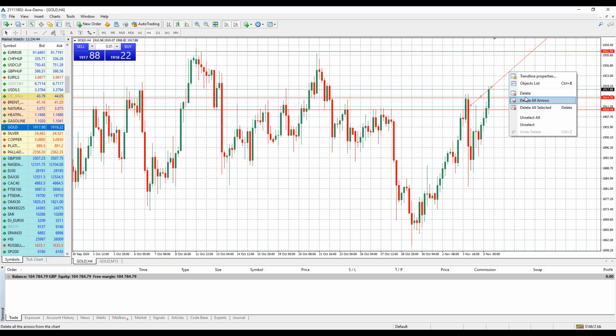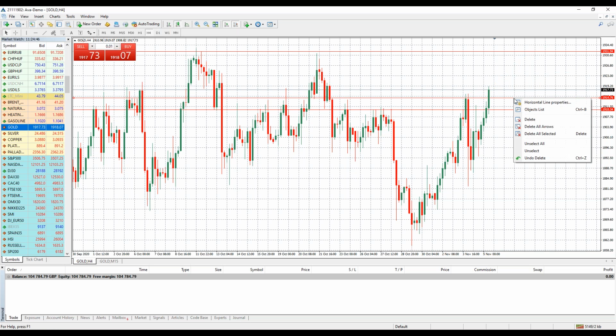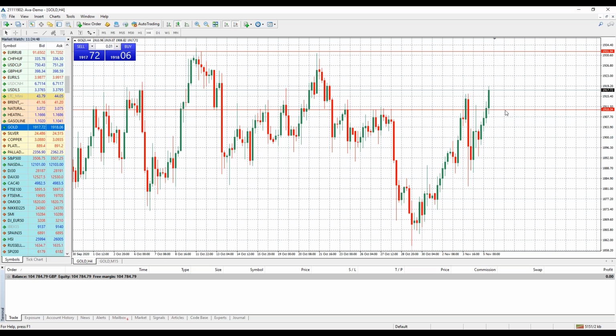Get rid of some of these lines. And by the way, just to get rid of these lines on the MT4, you double click and then you can delete them. Double click, then right click. So here's the upper resistance on gold. It's got some room to go before it reaches that resistance level up here. Now, question is, is there enough momentum for it to continue to climb? And what's interesting is